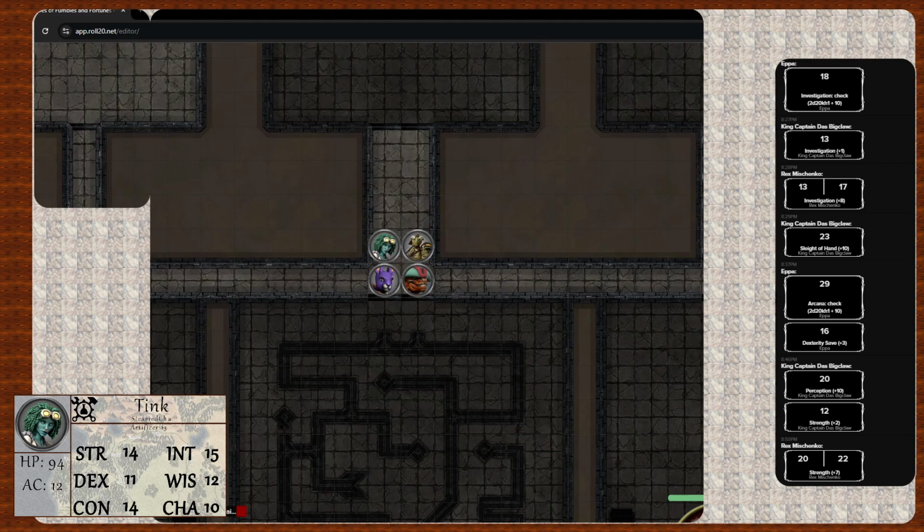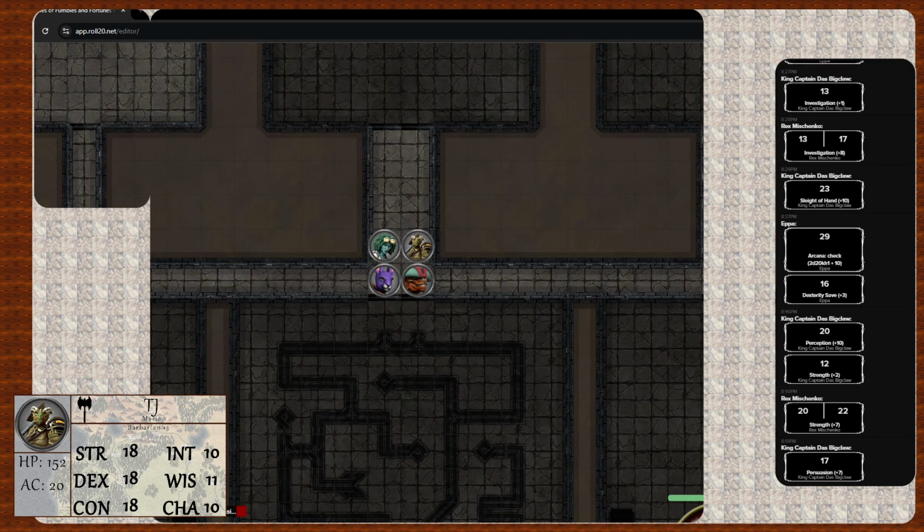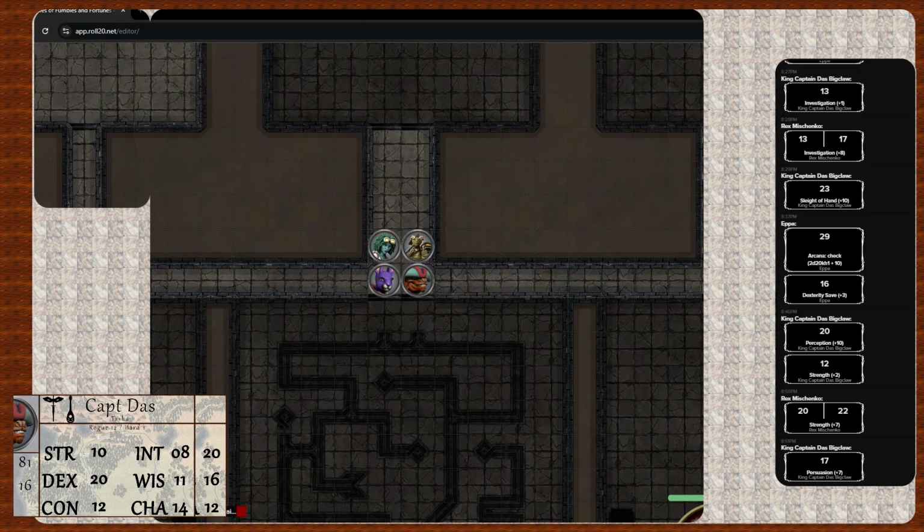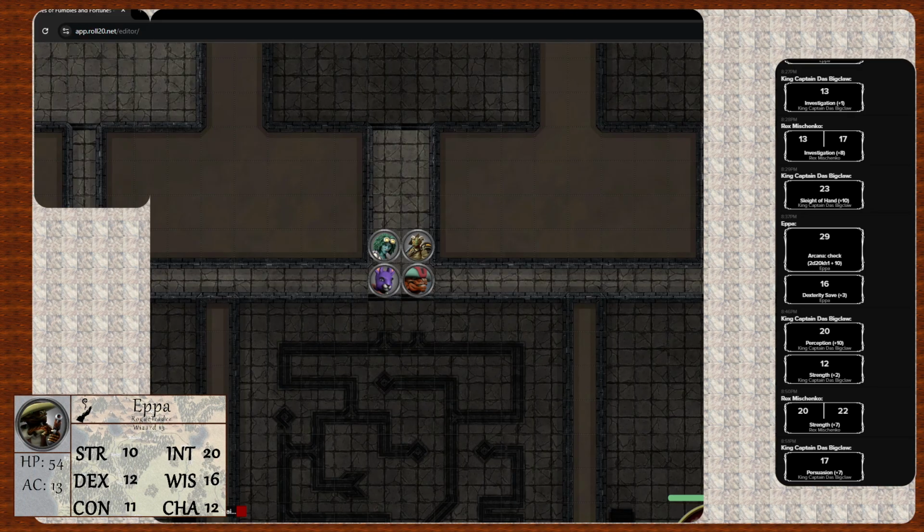I would like to do a diplomacy check with the door and persuade it to open. Go ahead and roll me. God dang it. 17. You plead with the door. It is a door. It does not care. It's not a sentient door, at least we know now. Well, no, it might be sentient. It may just not be animate. True. Why is your voice in my head?